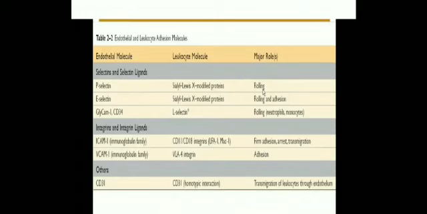I have already discussed the selectins, integrins, and CD31, that was PECAM-1, that was involved in transmigration. Let's go through it. P-selectin, E-selectin, and CD34 are mentioned. P-selectin plays a role in rolling, E-selectin plays a role in rolling and adhesion, and CD34 has a role in rolling. Integrins and integrin ligands, as we have discussed, and the last one is CD31, which mediates the transmigration of leukocytes through the endothelium.